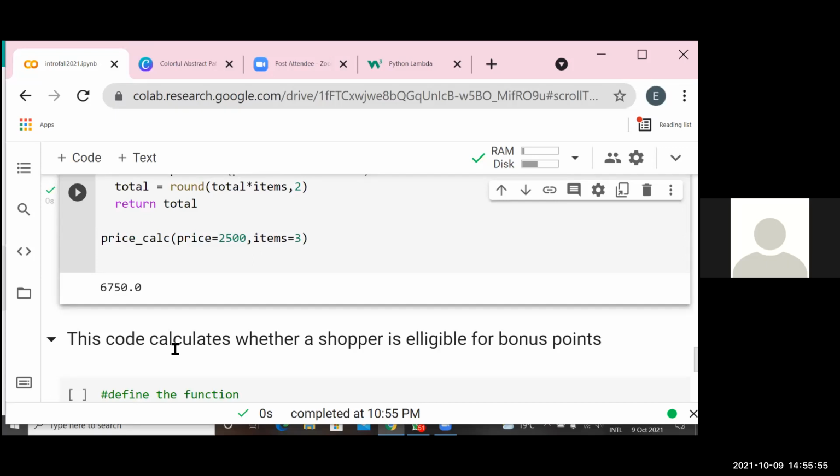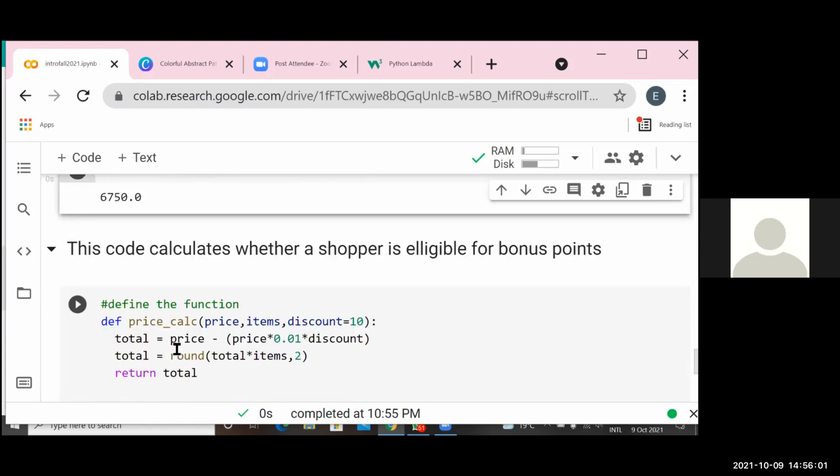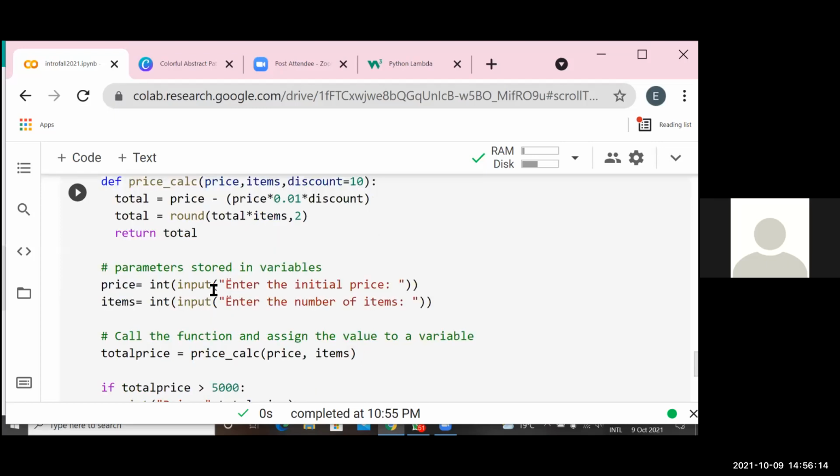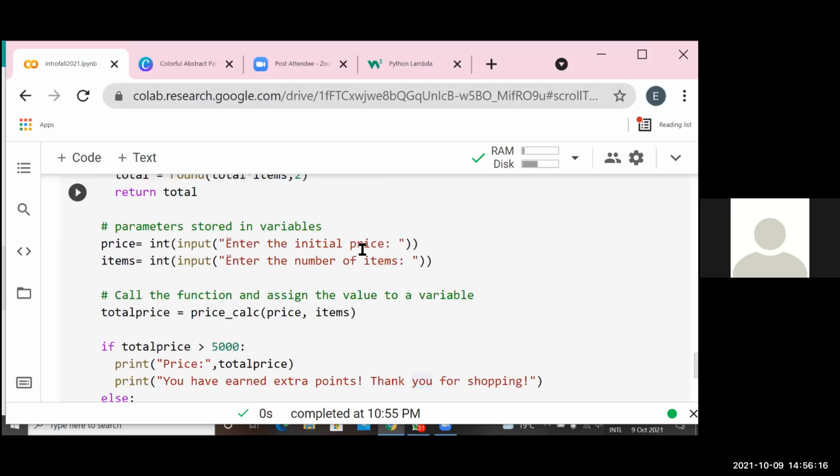So maybe we want to give our shoppers points, bonus points, assume. So we define the function as I defined earlier above. Same thing. So I would get an input. So we enter the price, we put it in a variable price, enter the number of items, we put it in the variable items.